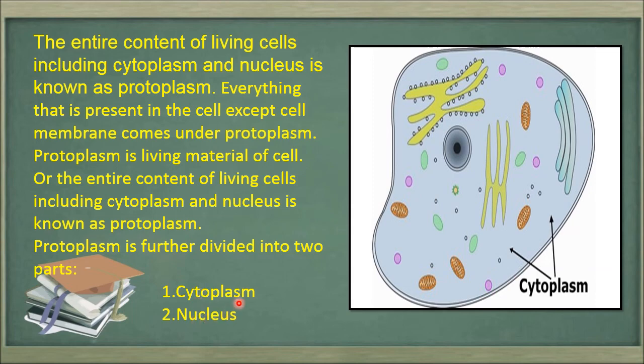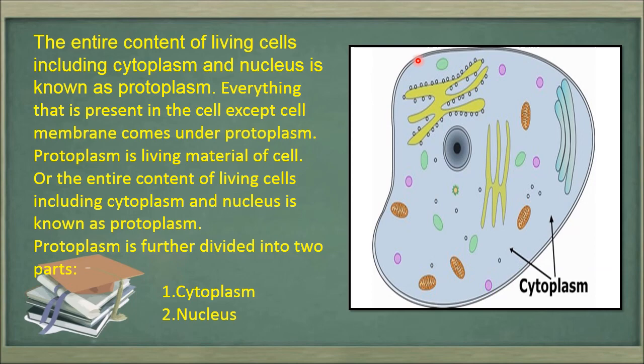Now let's understand it more easily. This is the cell membrane, this is the nucleus. Whatever is present in between the cell membrane and the nucleus is called cytoplasm. Now we'll try to understand what protoplasm is. Cytoplasm plus nucleus will be called protoplasm. What is being excluded when we talk about protoplasm? It is only the cell membrane that is excluded,